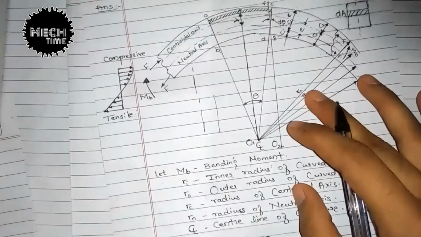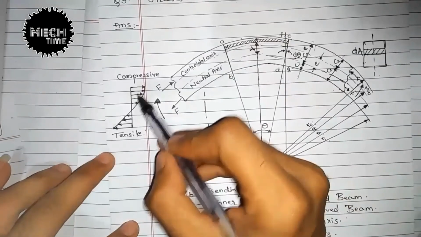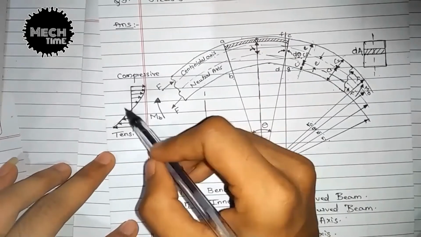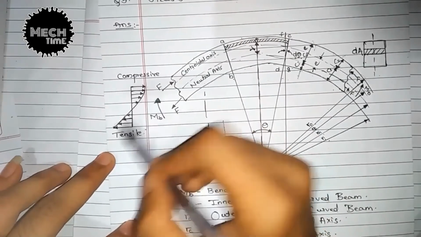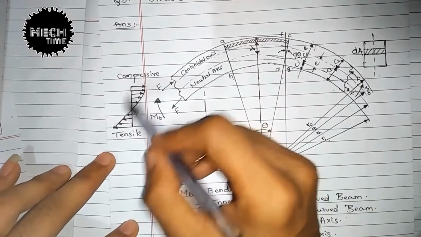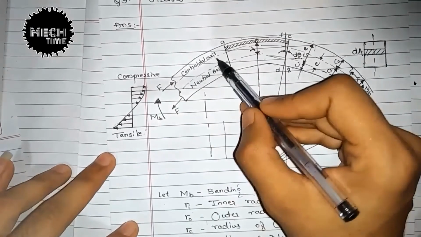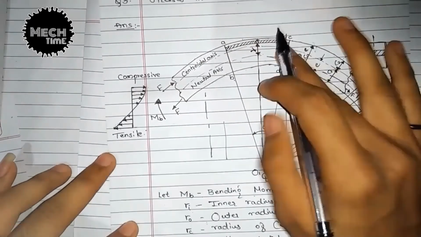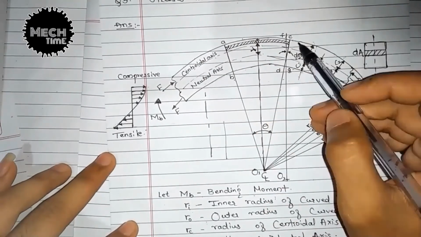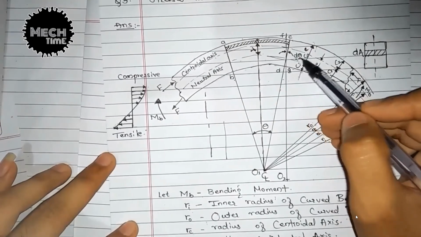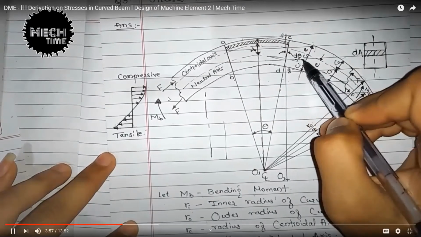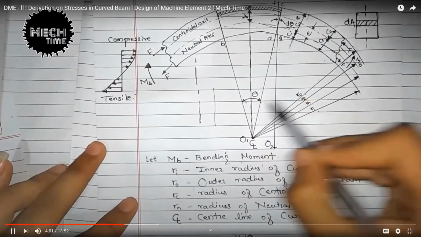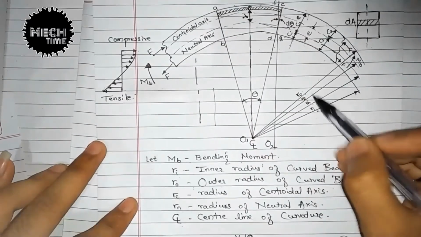As you can see here, this is the compressive side. The distribution of stresses, compressive and tensile, will look like this. This is our centroidal and neutral axis, this is our beam, these are the two planes. When a bending moment is applied, an angle d theta will be produced. This you can see, theta, RO, RC, RN, RI. We'll see what these are.